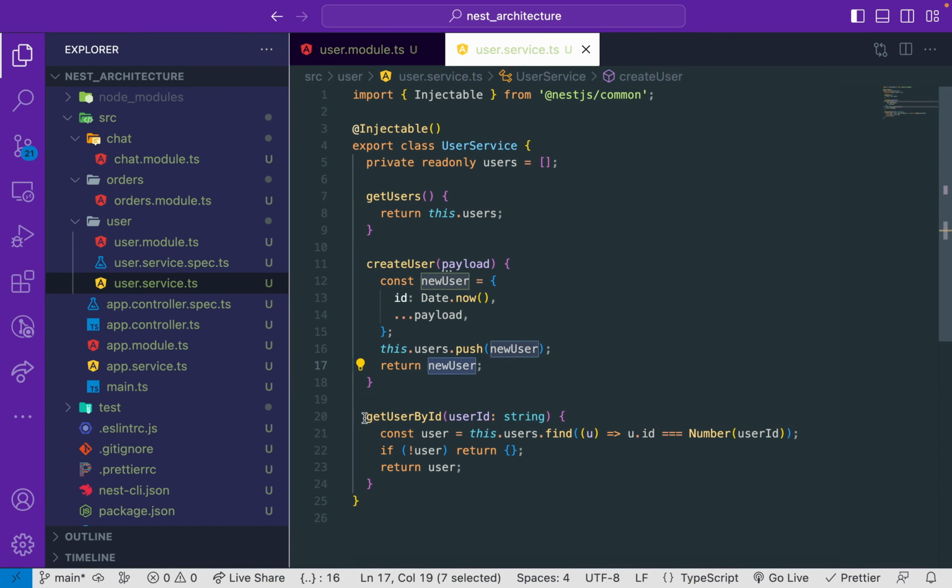Also, we have a method for getting user by ID. It finds the user in the array and returns it if there's a user. If there is no user, it returns an empty array. We need to do this conversion from string to number here because this get user by ID is expecting user ID as a string. So this is an example of a service in Nest.js, and that service is a provider